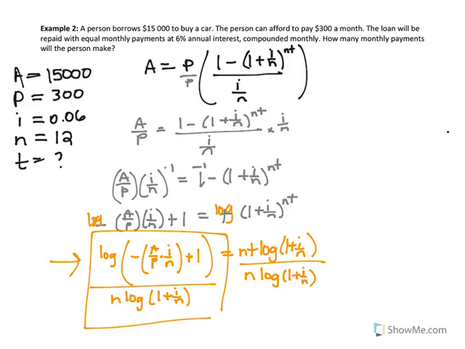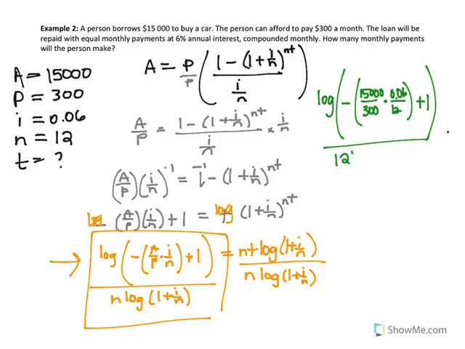So let's do that over here. So we have log of negative 15,000 divided by 300 times 0.06 divided by 12 plus 1, divided by 12 log of 1 plus 0.06 divided by 12. So you can simplify this. Inside the brackets, you should get